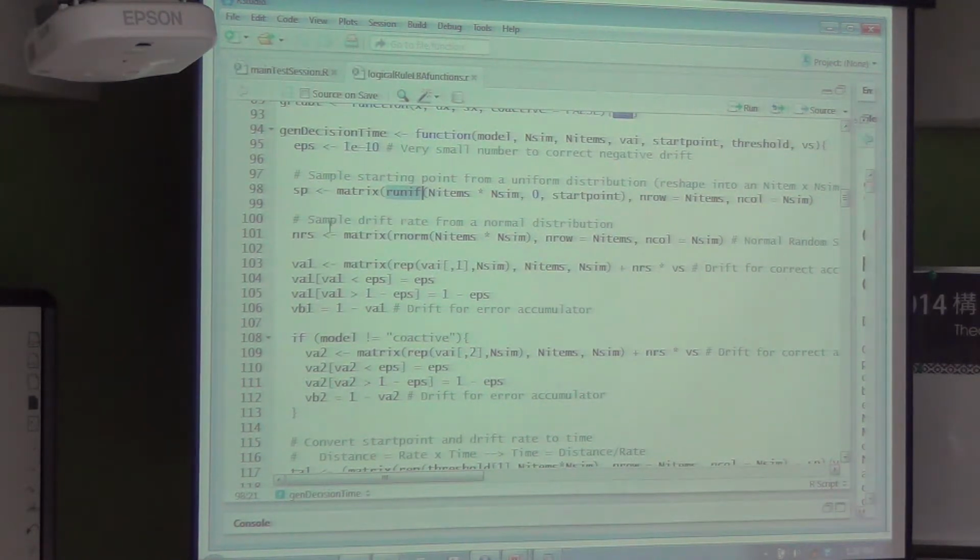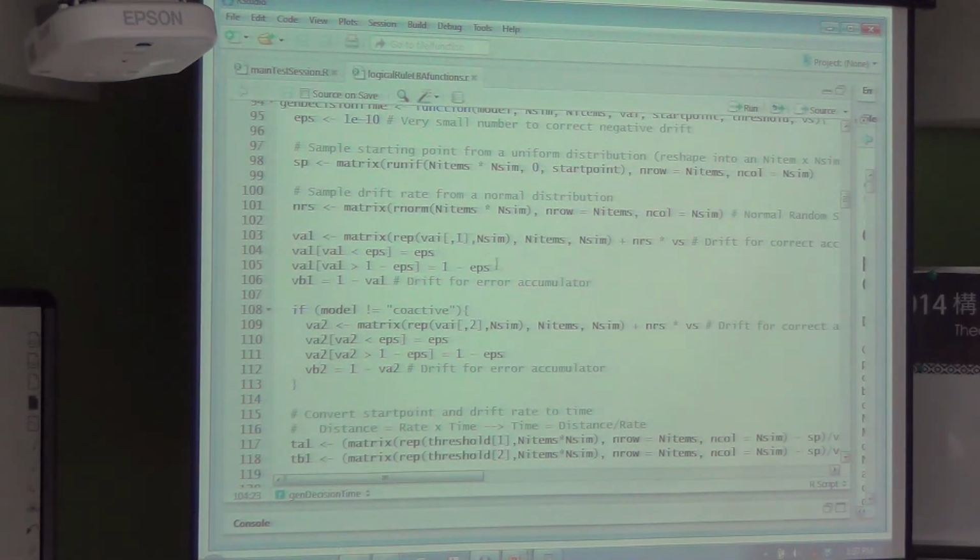Then I'm going to generate sample drift rates from a normal distribution, and these are normal random samples using the rnorm function. So these are samples from a standard normal distribution which has a mean of 0 and a standard deviation of 1. So I've got to transform that into the distribution that's actually representing my stimuli. So I just multiply those samples by the estimated perceptual variability and add in the location of each of the items, or rather the drift rate for each of the items, to transform those means.